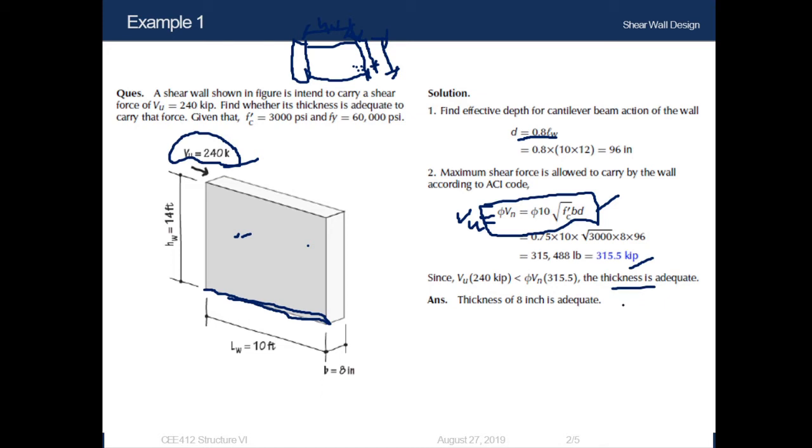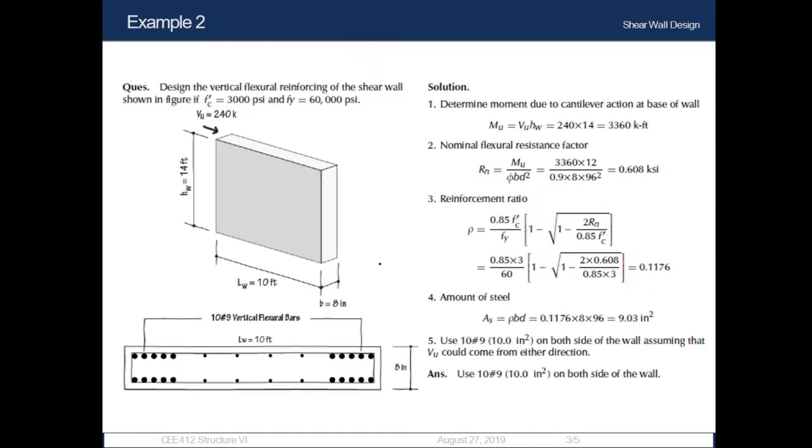If it wasn't adequate, then we need to change the section: we need to increase the thickness of the shear wall, or we may also increase the length to some extent. In this way we can increase the capacity also. So this was our first example. In the second example,